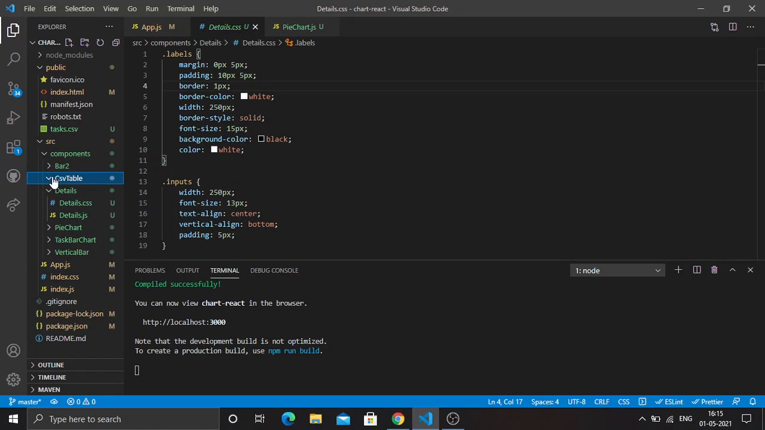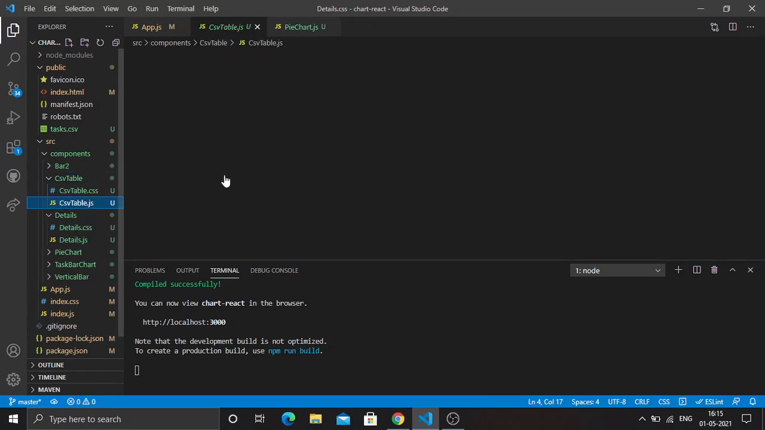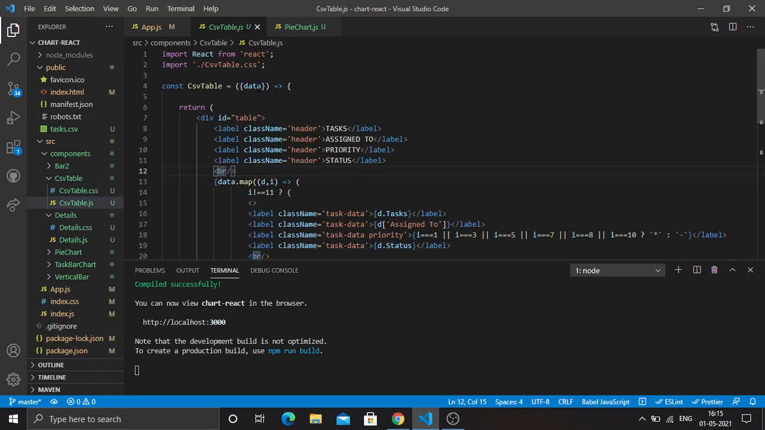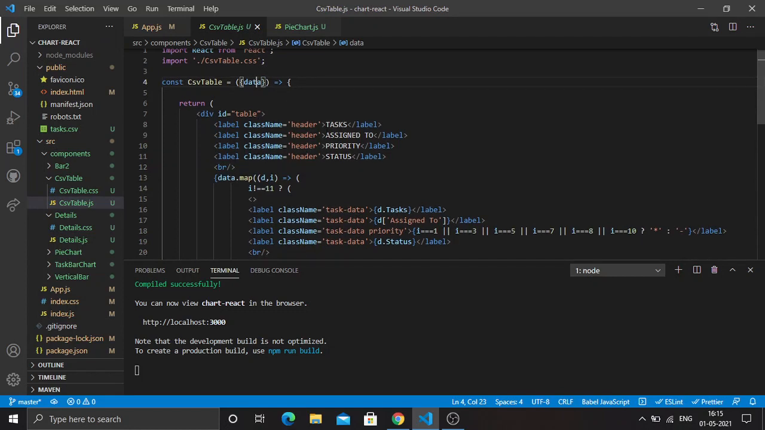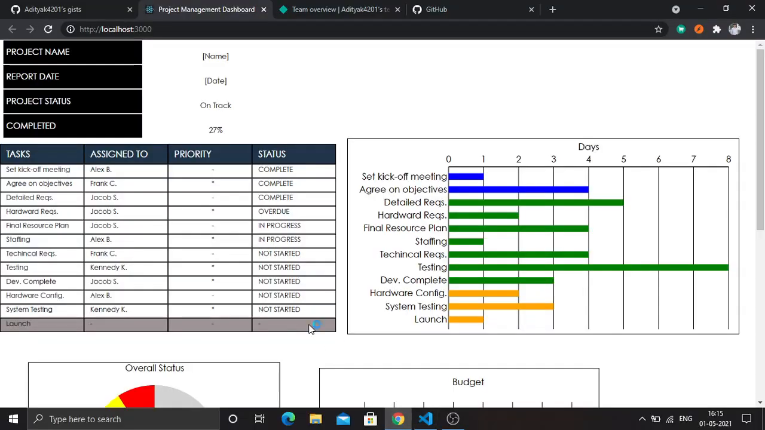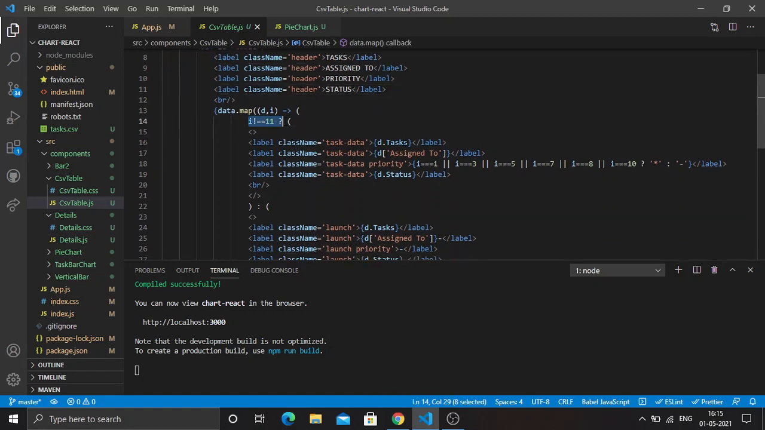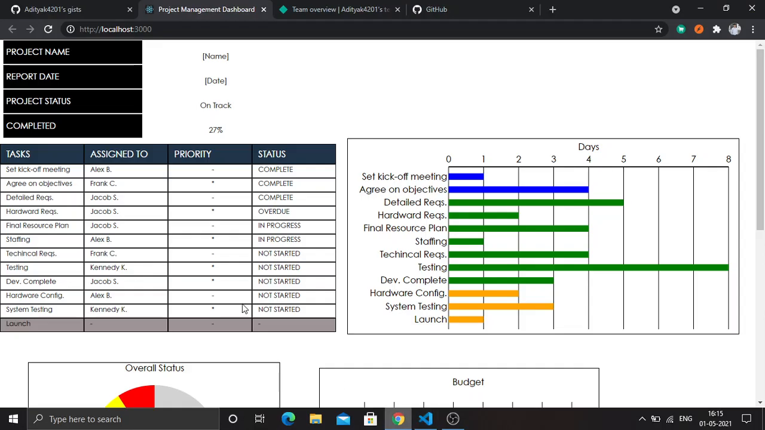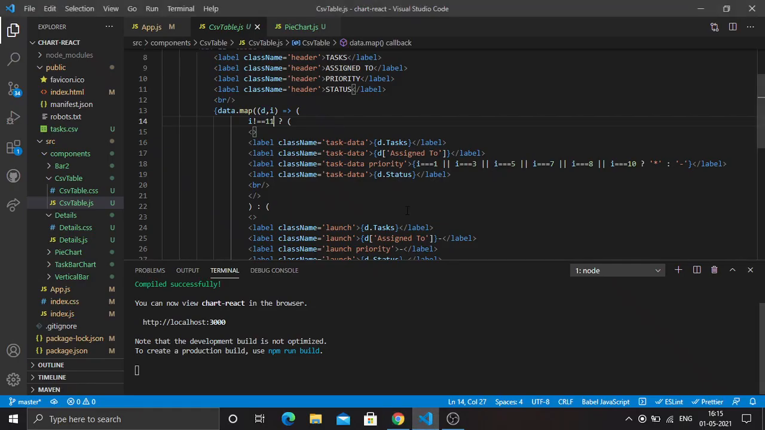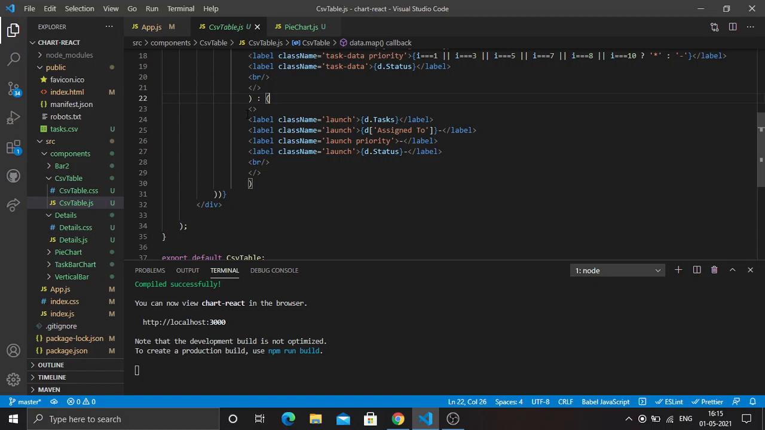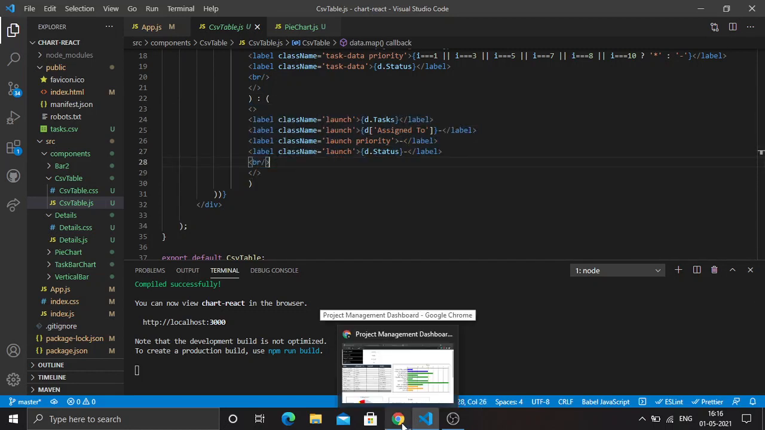Then the second one is the CSV table. So I have created this CSV table. I have imported the data that I have passed on here, and then I have first added headers to the table. This is the headers, and then I have loaded the data. So if the data is till the last second row, this row till this row, then simply import the data. If it is the last row, since we have to use different CSS, different styling,